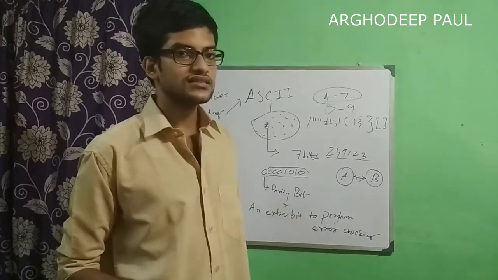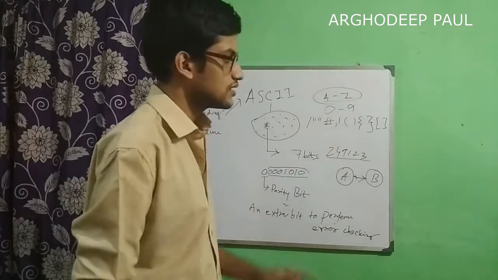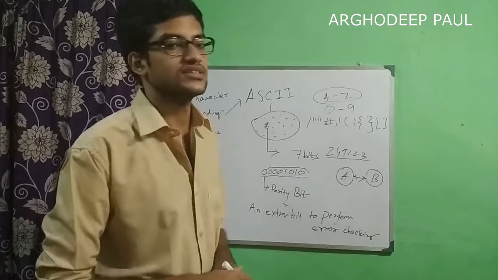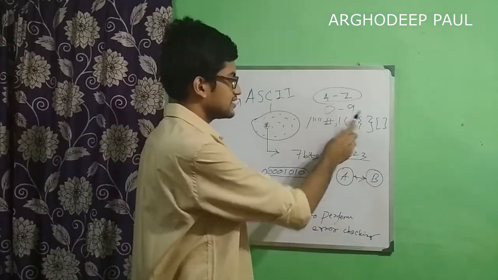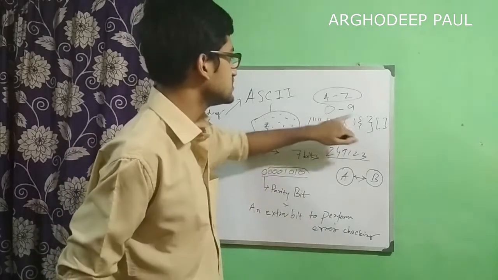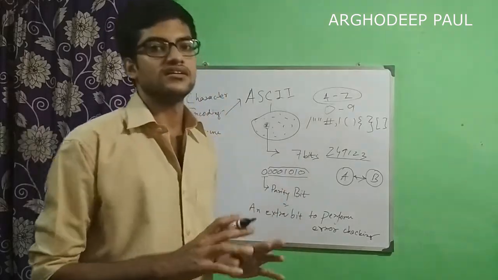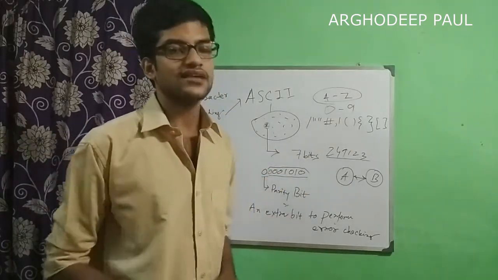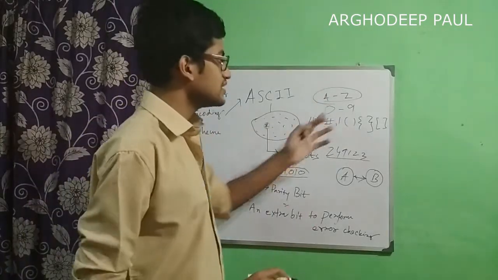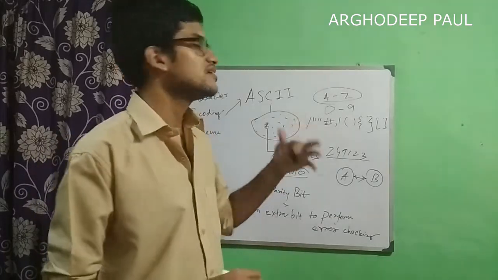Unicode is another encoding scheme that can also encode these characters, but it gives you more support for other languages. As I said about the decimal number system, we do not have any problem with the decimal digits 0 to 9 and the special characters, because these are language independent. The alphabet is dependent on language. For English, this will be the English alphabet. For Chinese or any other language, the alphabet will change.